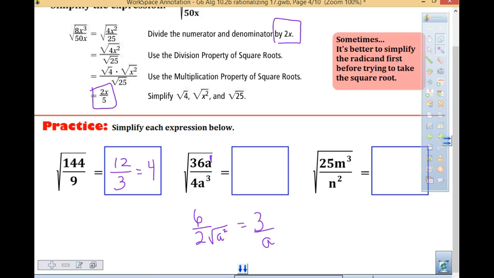I want to show you another way that some students like to think of this one. Could you have divided 36 by 4? Yes. You would have had the square root of 9, right? And in our denominator, you would have had the square root of a squared, right? Because 3 minus 1. So could you have simplified right away before you take that square root? Because all of that is under one square root, right? 36 divided by 4 is 9. A to the third, with a divided by a to the third, and you would still get the same answer